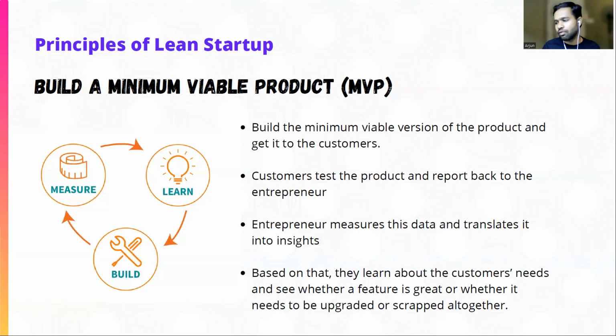If you take a mobile phone, it's not like you just build only the outer casing of the mobile phone. If you just build the outer casing and give it to your customer, the customer is not even going to care about it. They are not even going to give you any feedback, because what are they going to do with this? Just the outer casing. They need some features to test it and feel how your product is, and what sort of benefit your product is offering them, right?